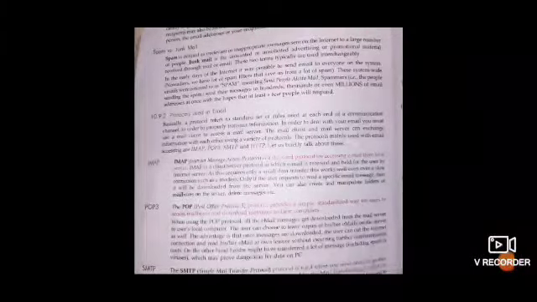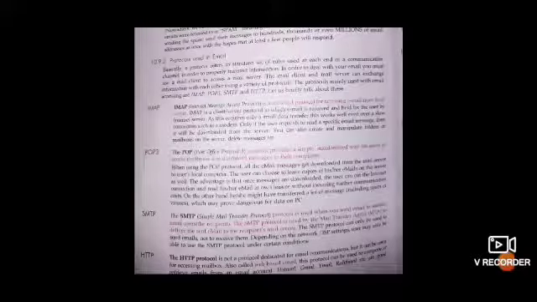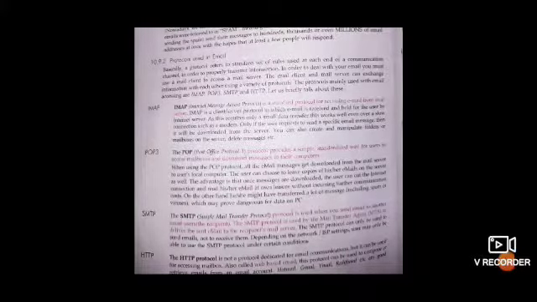Now next is protocol used in email. Whatever we'll now discuss, these are the protocols that are used for the email message. Now IMAP and the others, all the full forms you have to go through. This is Internet Message Access Protocol, a standard protocol for accessing email from a local server. Next is POP3, the Post Office Protocol 3, which provides a simple standardized way for users to access mailboxes and download messages to their computer. Means to access the mailbox and download whatever is there in the mailbox. For that POP3 has been used.